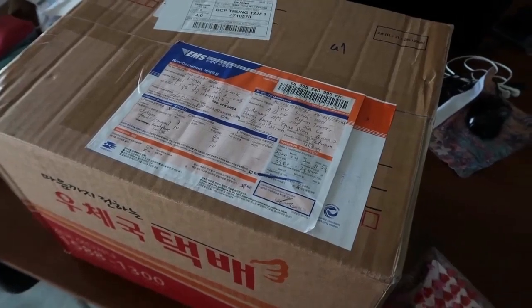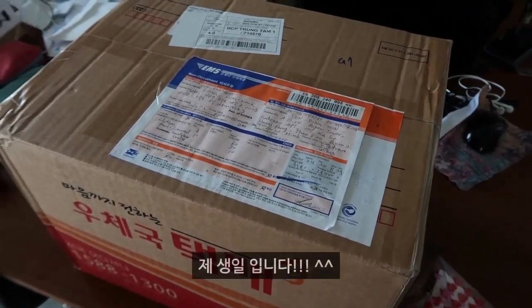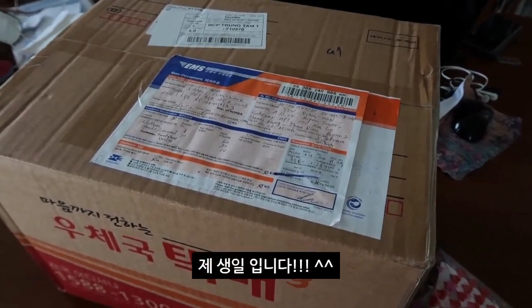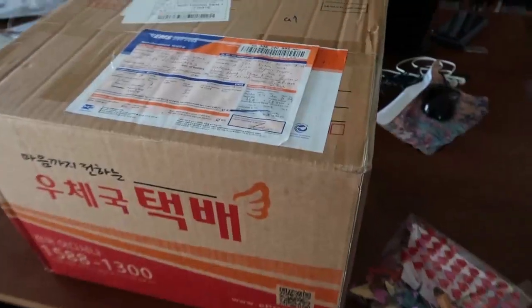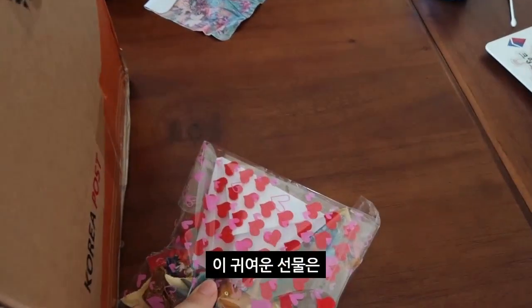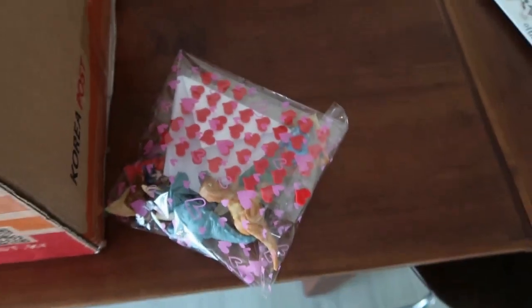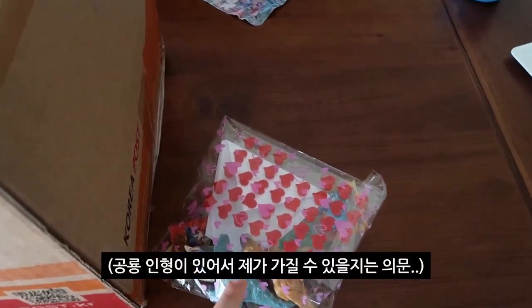Today is April 26th, Sunday, and actually today's my birthday. Here it is. It's pretty big. Let me open it. This is a cute birthday gift from my child. It has a letter and certain presents in it. I don't know if I can actually have them, but